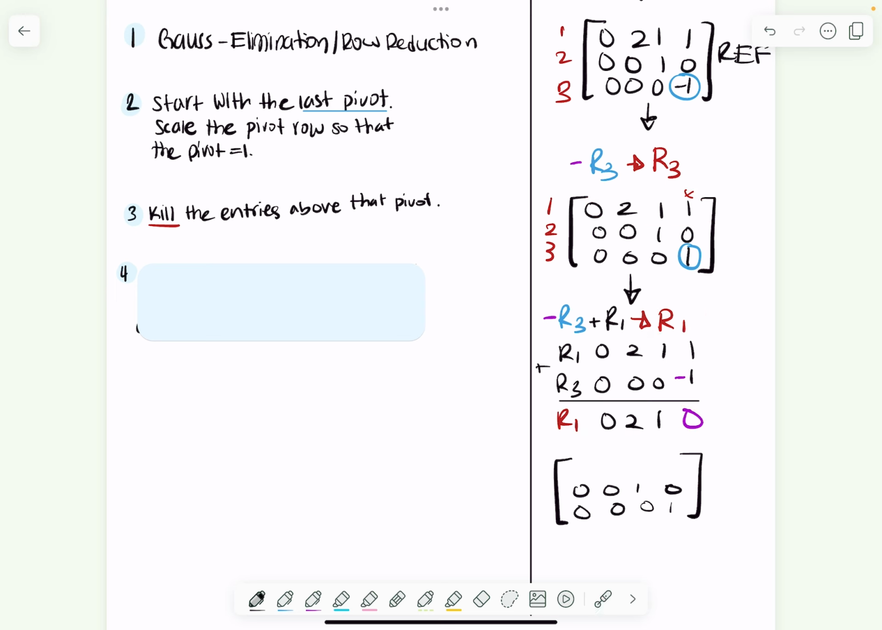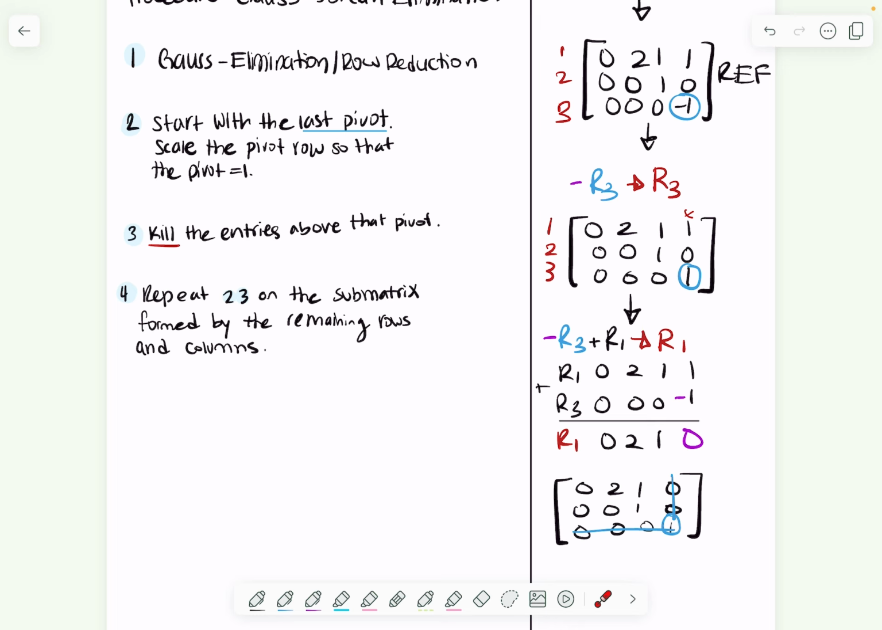It's going to go up here. Now, this is my pivot position. I killed all of the entries above that pivot position. They're all 0, so we can move on to the next pivot position. How do I know what's my next? Well, cross out the corresponding column and row, and then you repeat steps 2 and 3 on the submatrix formed